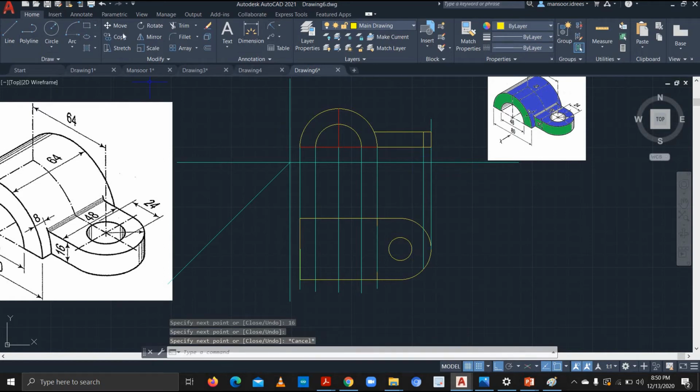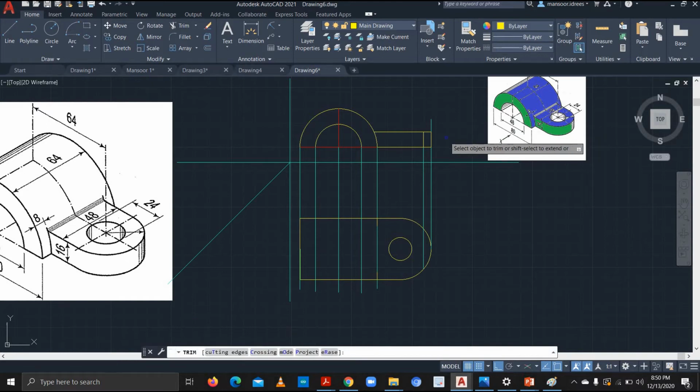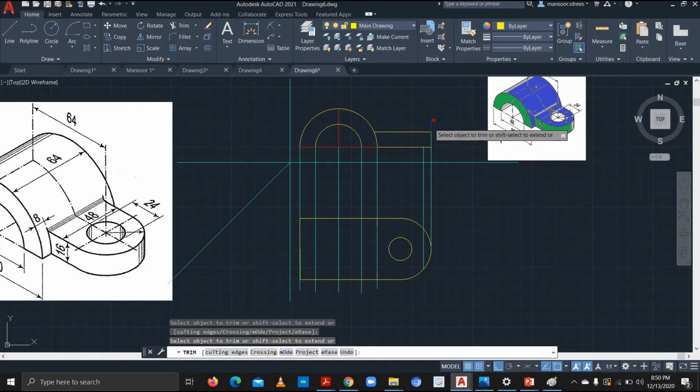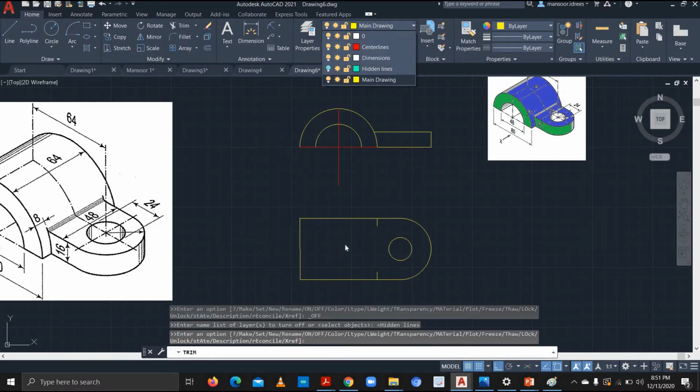So we have corrected our drawing. As you can see from here, we'll just turn off the hidden lines for once to see if our drawing is accurate or not. It's not accurate basically because